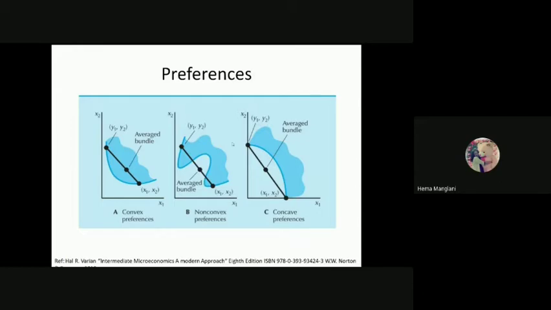Now, what is happening here? These are non-convex preferences, because some preferences are convex, some preferences are non-convex. But here we have concave preferences, and these concave preferences also have two different extremes. And then you are deriving an average bundle of the two extremes, which is showing an inferior position again.